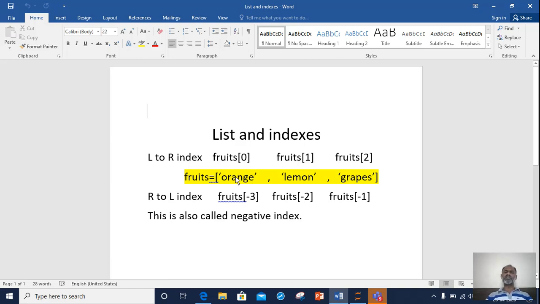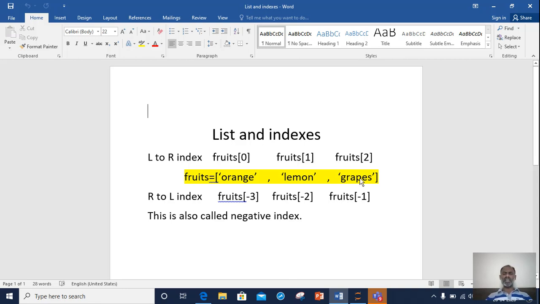The 0th index refers to the first element, the first item. The first index refers to the second item, and the second index refers to the third item. This is a common general mistake students make. Another way of indexing is called reverse indexing. Now what is this reverse indexing? In reverse indexing, the index number starts from the end of the list. If you see here, fruits -1.